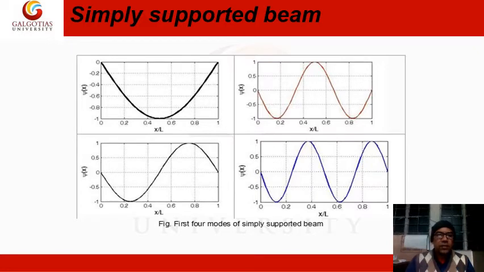So you can see the first mode of the simply supported beam. This is a single mode, this is a two mode, in three mode there are 1, 2, 3 modes, and 1, 2, 3, 4 modes are there. So these are the four modes, and you can get these sorts of graphs using MATLAB. That's why I'm insisting you understand how MATLAB behaves.